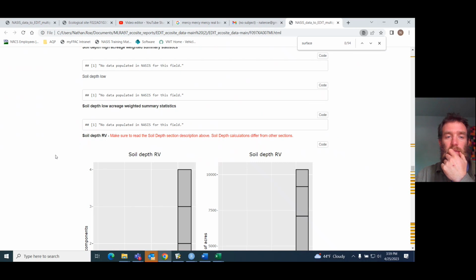So yeah, just as a reminder, the report does give some kind of warnings for different sections. Where there are sections that there's not an exact calculation, versus just pulling in simple values like elevation, for things that are more calculated, it'll say things like this: make sure to read the soil depth section description above. Soil depth calculations differ from other sections. So where there's more complexity, it does make you aware of that. So I won't get into all the minute details for these more problematic sections, but I want you to be aware of